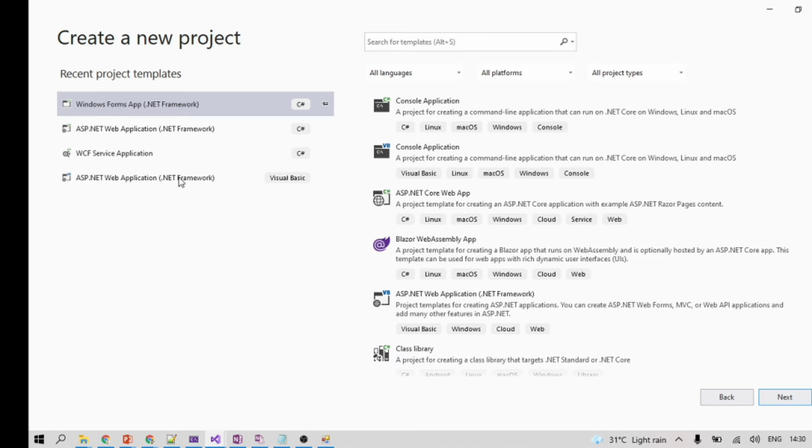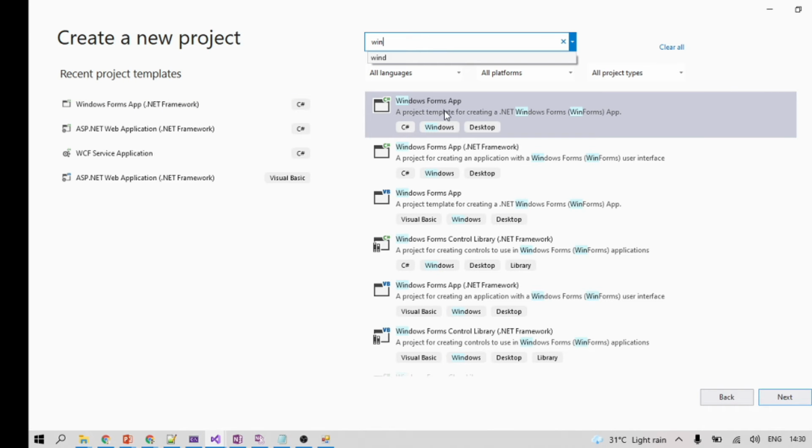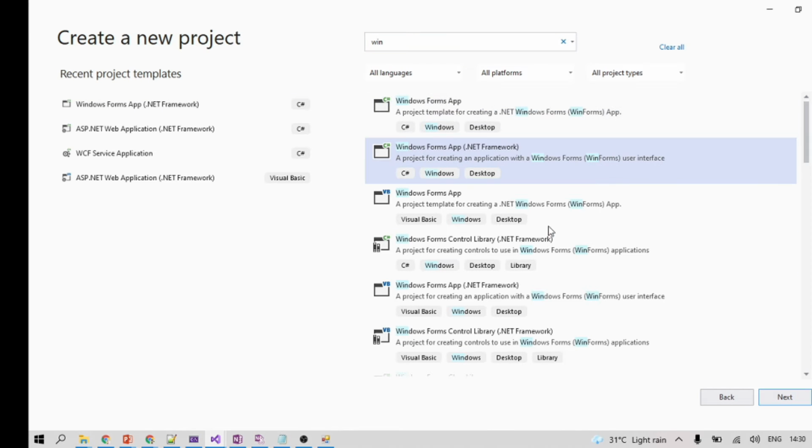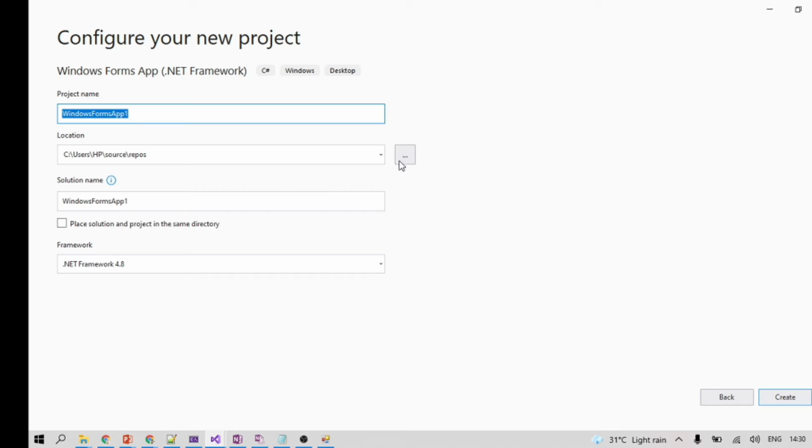We need to develop a Windows application, so search here for Windows. Windows Form app, the .NET Framework one. Select this one and give the name barcode app.